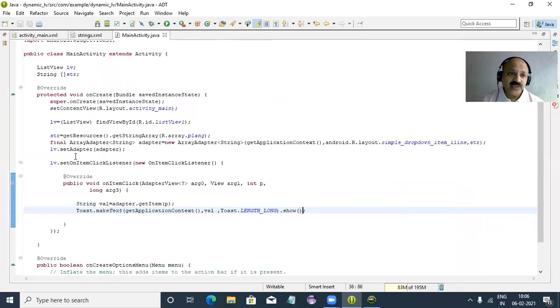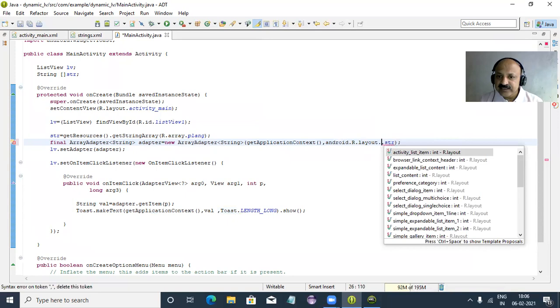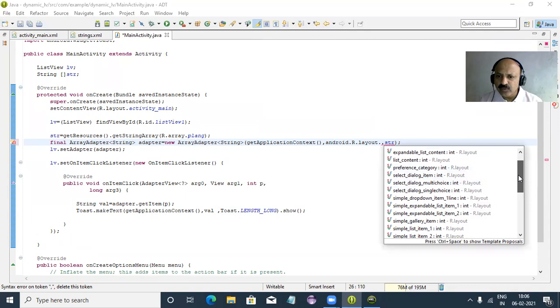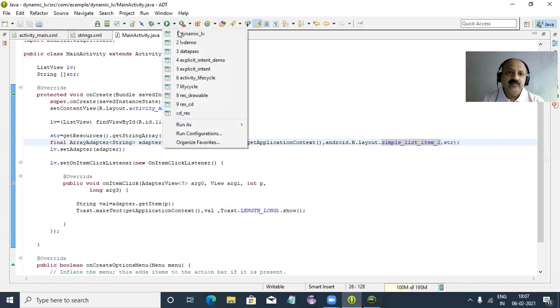Means that layout. So here, yes, that is a final keyword. Automatically you can require it, that I previously did not assign, but it took an error, so we can take the final keyword. And now what to do? So here it is a layout problem, so we can use a simple dialog item. That is not, I think, proper. The simple list item one already displays, but here it does not display. So let us try item two, I think, save and run again.